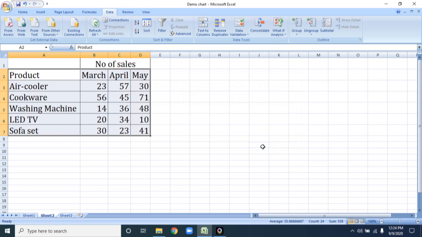Okay, now sorting is over. Next I am telling you how to filter data. So before that, what is filtering? Filtering is a process to extract the records from the worksheet that fulfill certain conditions. Okay, so nothing but based on some condition you are going to filter some records. For example, I want the products which are sold more than 20 items in April month. Okay, those alone I want to